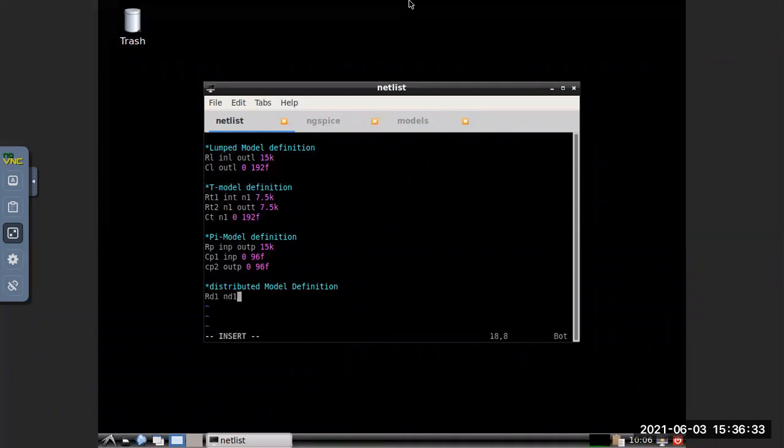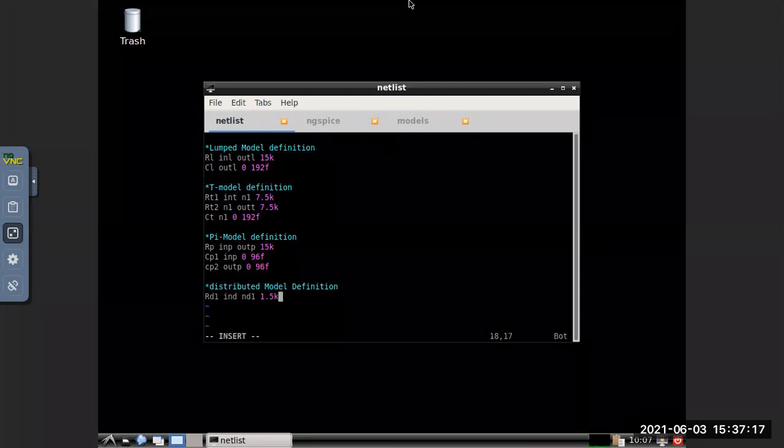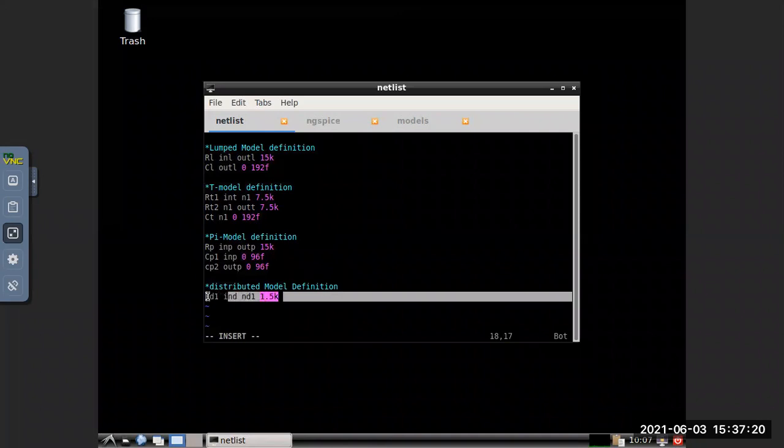ND1, node 1, in D, node 1, then 1.5K. Okay. So now we copy this 10 times.